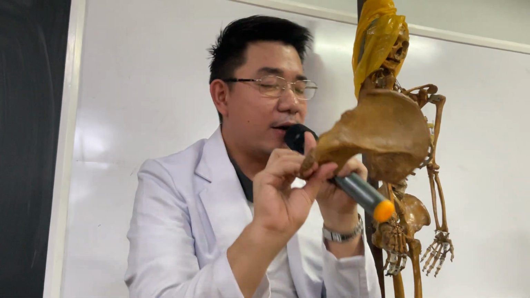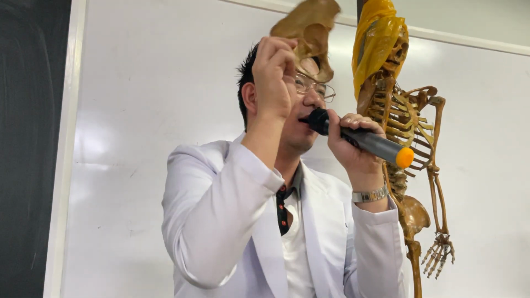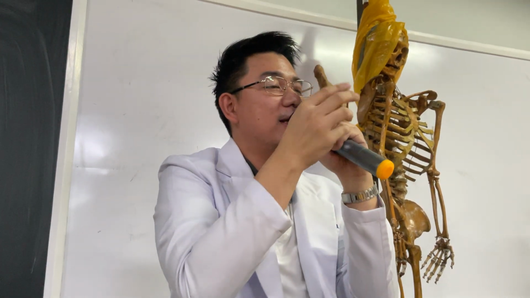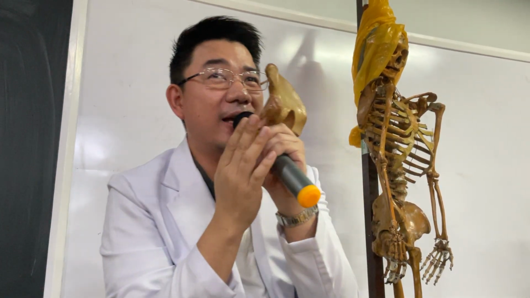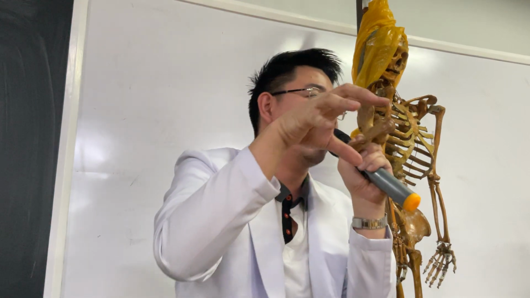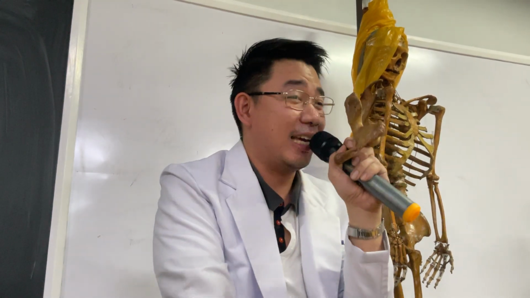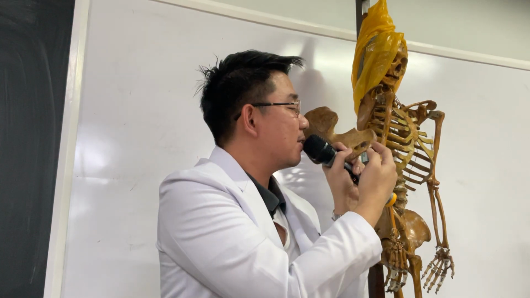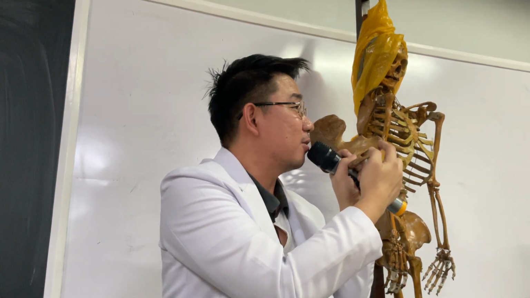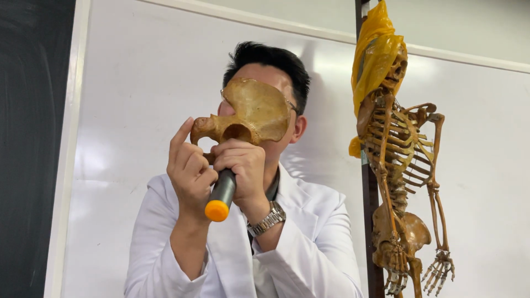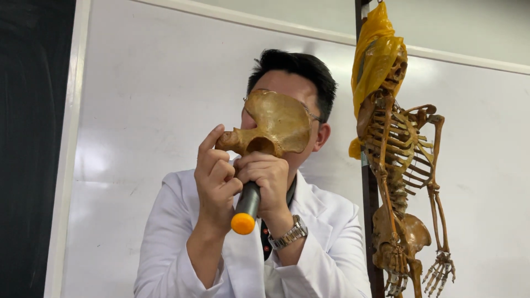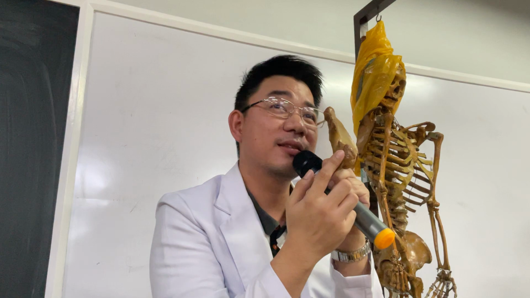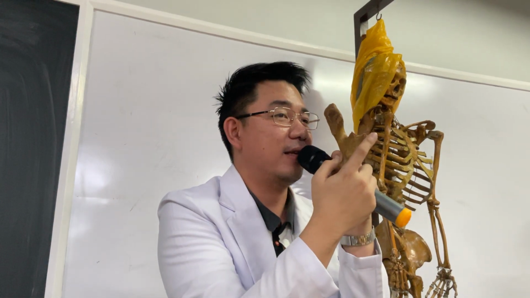Ischium. Okay. Now the ischium has more or less parts, but this one here, when I mentioned a while ago that when you sit down and it causes pain, this is what hits you. So if you see this surface, this is known as the ischial tuberosity. Ischial tuberosity. Okay? So far, yes?